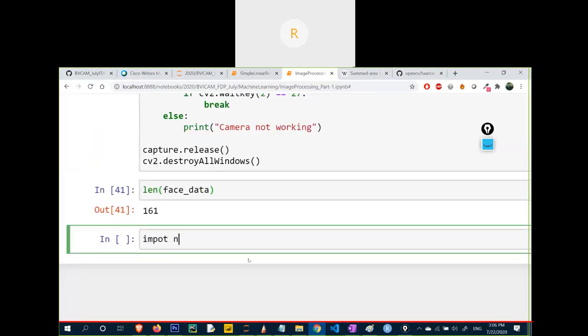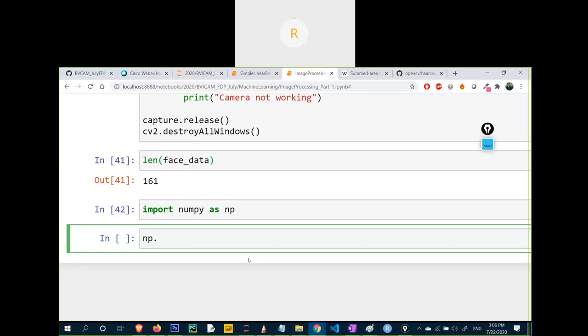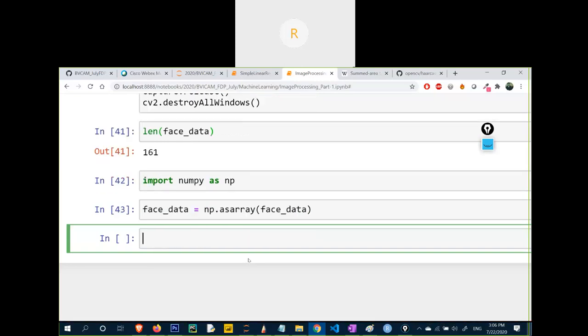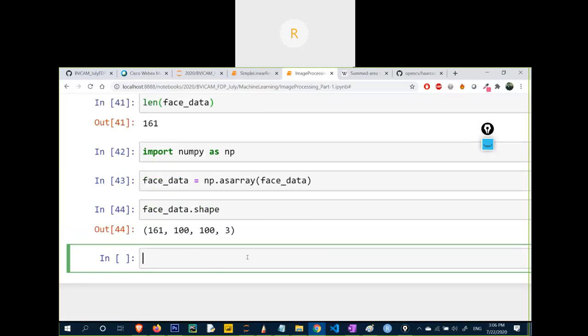Now do one thing, import numpy as np and np dot as array. Convert your list into an array. Now let's check face data dot shape. So it has 161 images of 100 by 100 by 3 dimension. Each and every image is of 100 by 100 by 3.